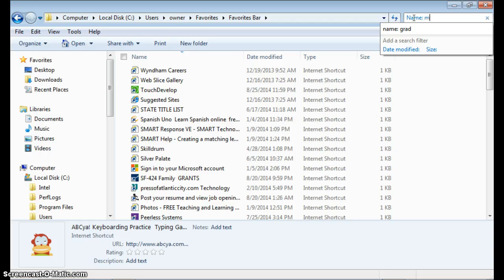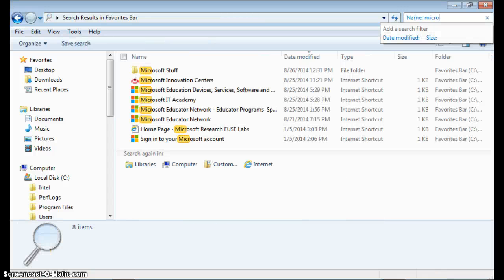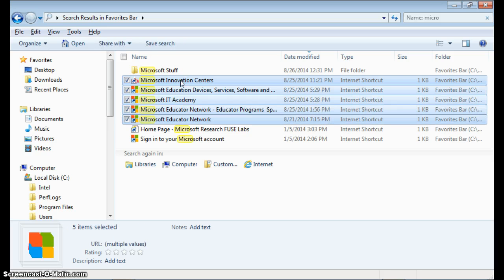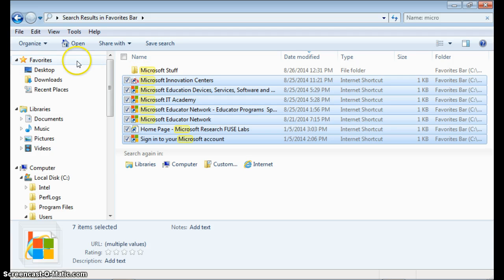So for example, here I'm grouping all of my Microsoft sites that I have recently linked to. I created a folder called Microsoft Stuff, and then here they all are. I'm going to scroll down, and I'm actually going to do the proper way to do it. You left click on File